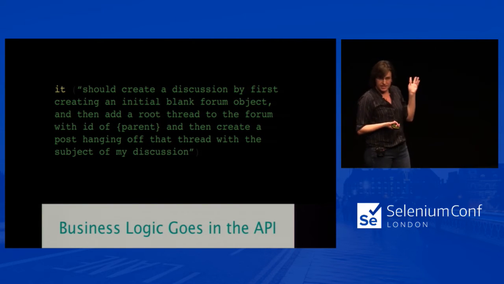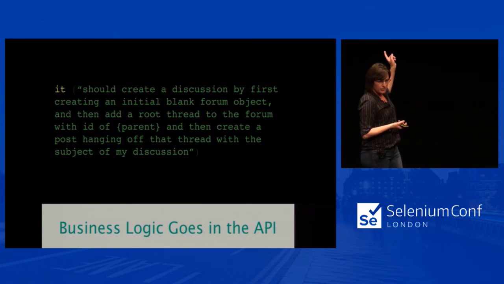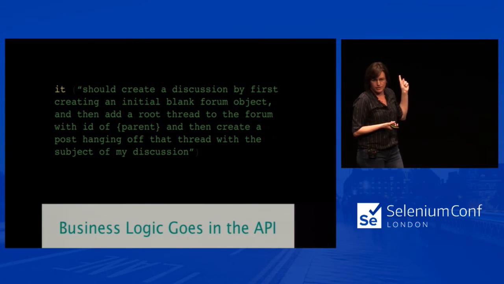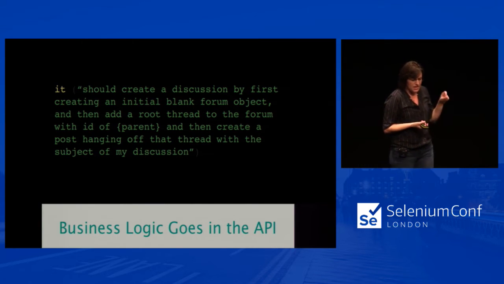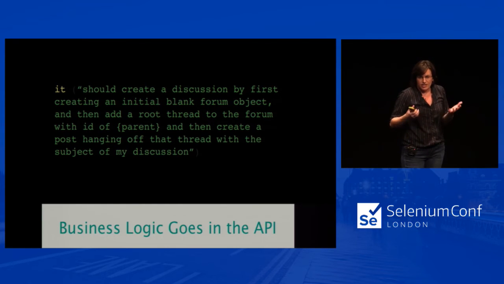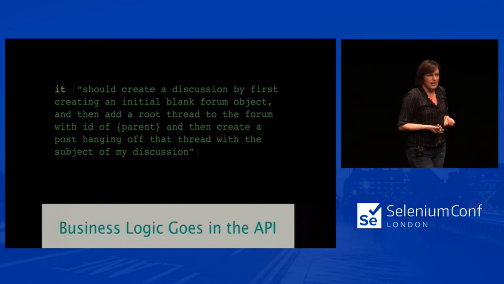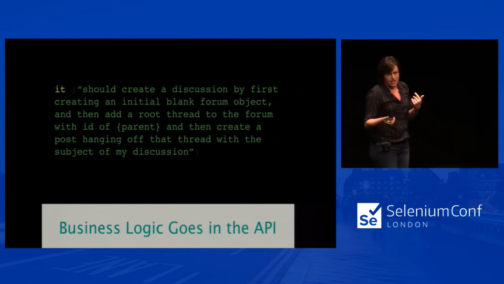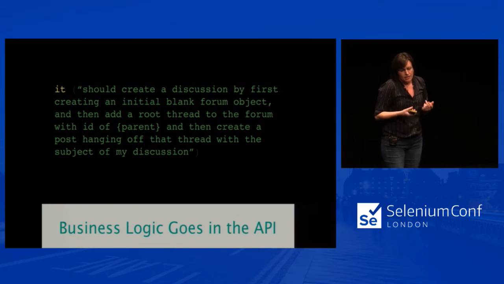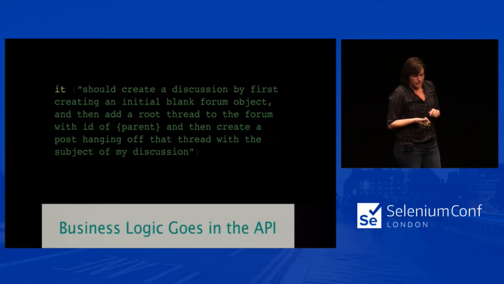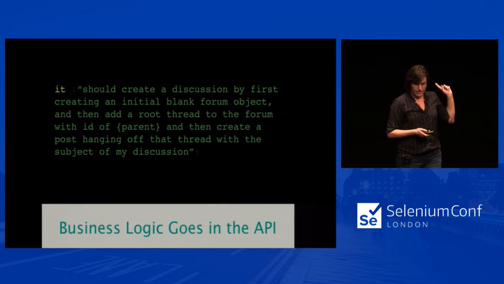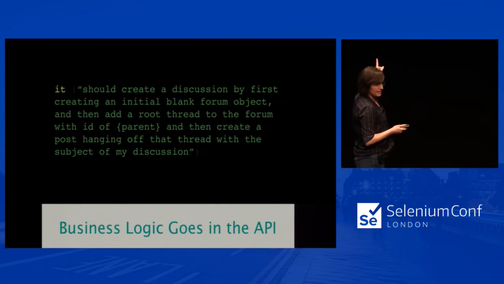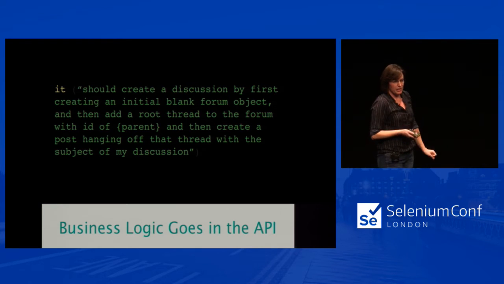If you have a third-party API, you can't tell people that this is what you need to do if you want to create a discussion board. And then, in addition to this, you do not have a reliable place to write tests, because the business logic is in the front end. It's not abstracted from the visual layer. And our front-end unit testing frameworks don't lend themselves well to this type of orchestration. So if your client-side tests are looking like this, it's time to look at restructuring your API.